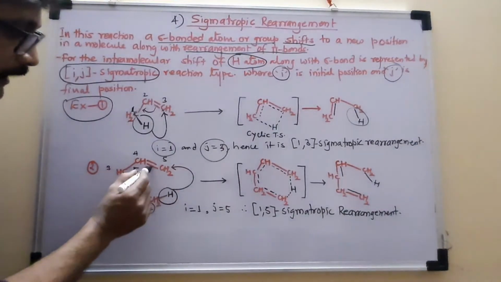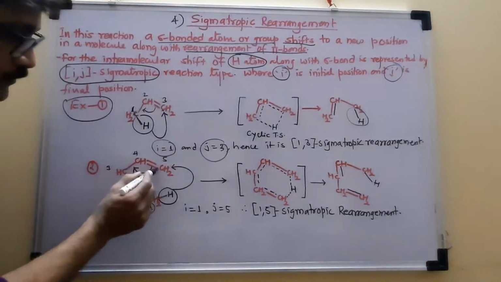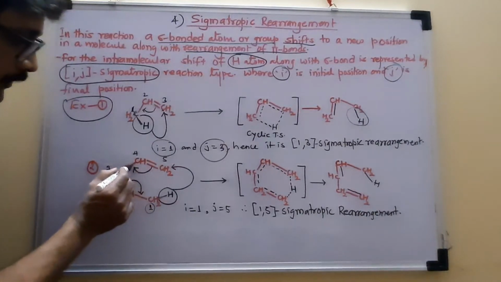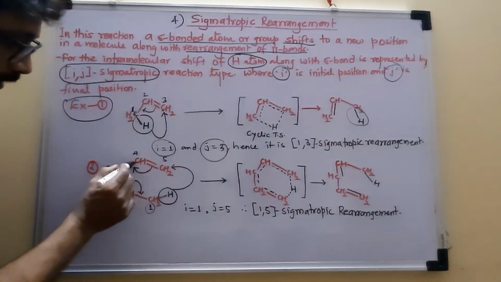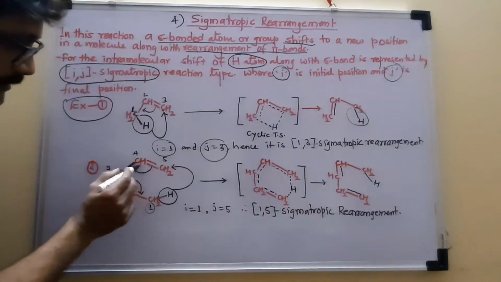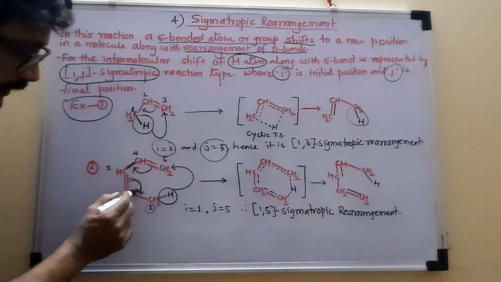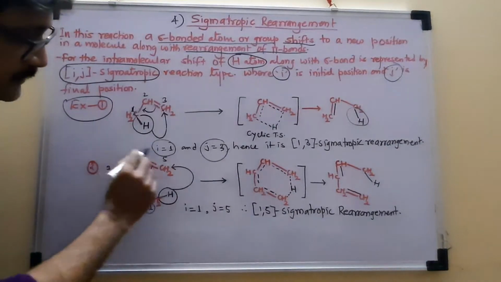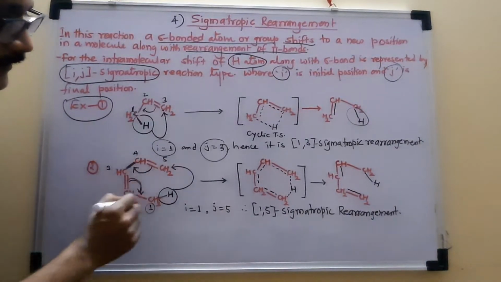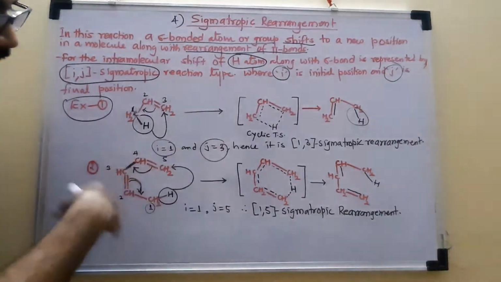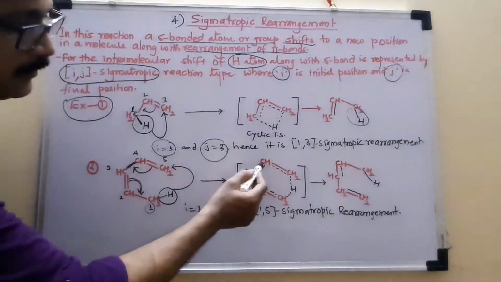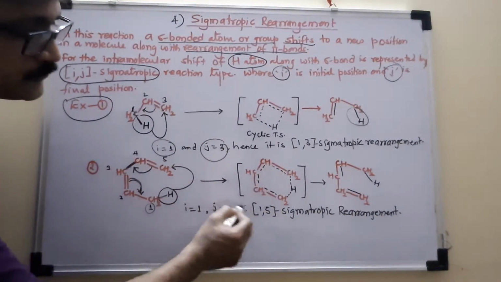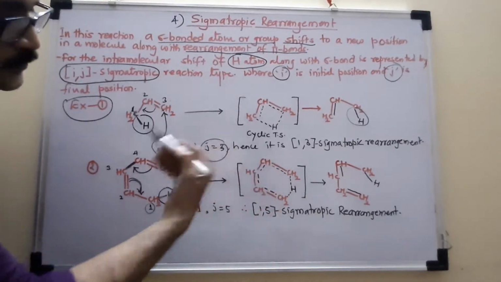But to do that, I must shift this bond to the adjacent position. So you just move this pi bond to the vacant adjacent position. If I shift this bond here, I must shift this bond here, so that the rearrangement of pi bonds takes place. If you consider all the bonds which are moving and rearranging, you show those bonds using dotted lines to draw the cyclic transition state. That is so easy now.